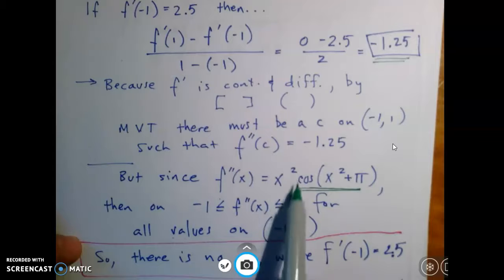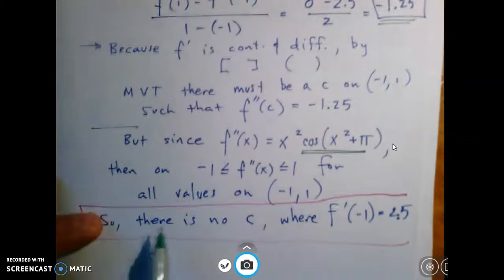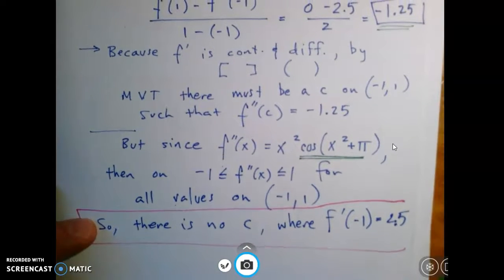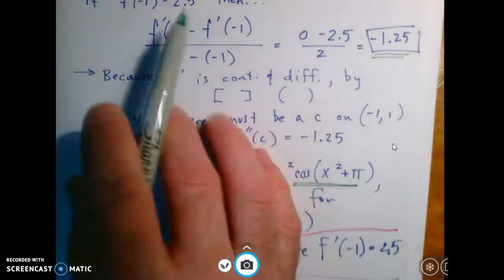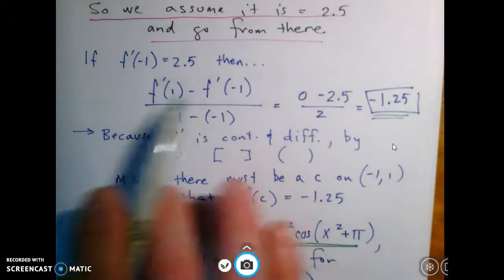We know x squared from -1 to 1 will never get bigger than 1 or -1. Therefore, we know this whole function can never reach, and it can never go beyond -1 to 1. Therefore, there is no such c where f prime of -1 equals 2.5. All right? So again, we assume from the very beginning that it equals 2.5, and then we appropriately move forward